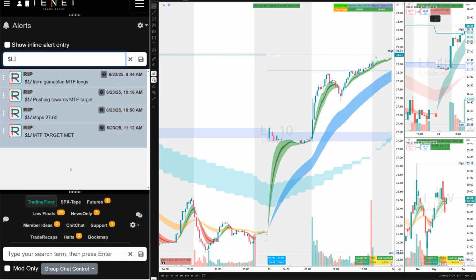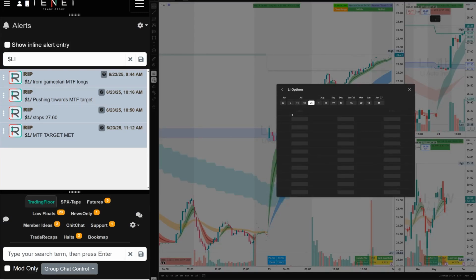I told the traders, LI game plan, MTF long, take it long right away. MTF to MTF, MTF magnet, right? So you could easily make, even if you had 1,000 shares, $700 there. 2,000 shares, you have $1,400. What are you risking? You're risking a couple hundred. And it broke down, we exited, but you could always get back on. This was 512 calls. Small ATR, good for the small account traders.